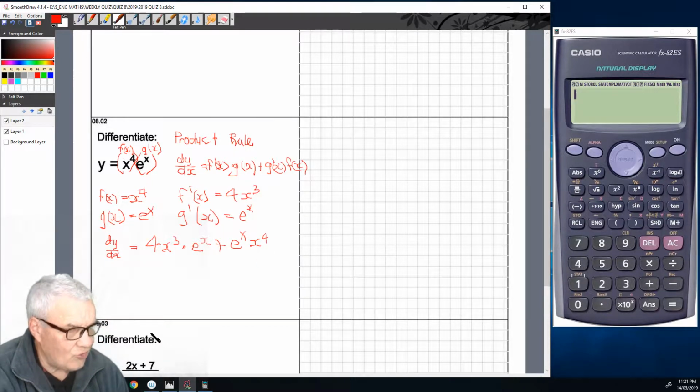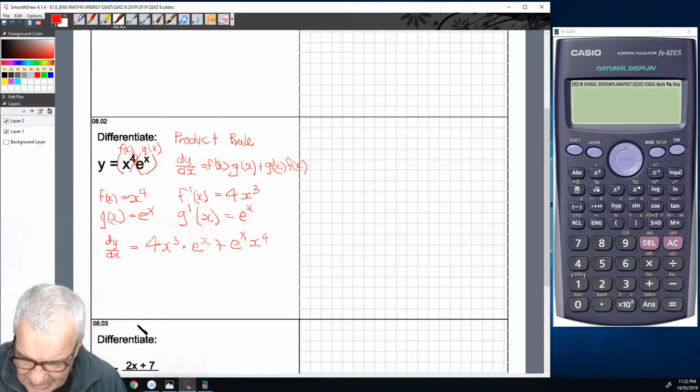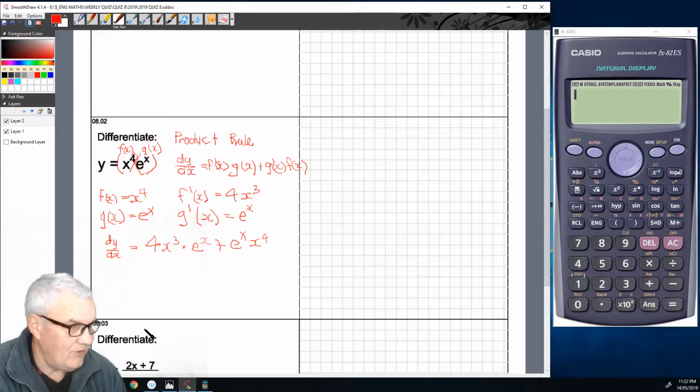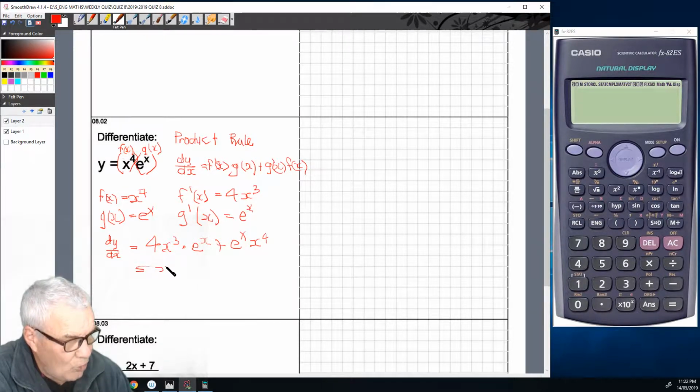Now you could just leave it like that, if you wanted to. You can simplify it if you want to. You could put x cubed, and some people did this. Just remember that if you do decide to simplify it, it's x cubed e to the x brackets 4